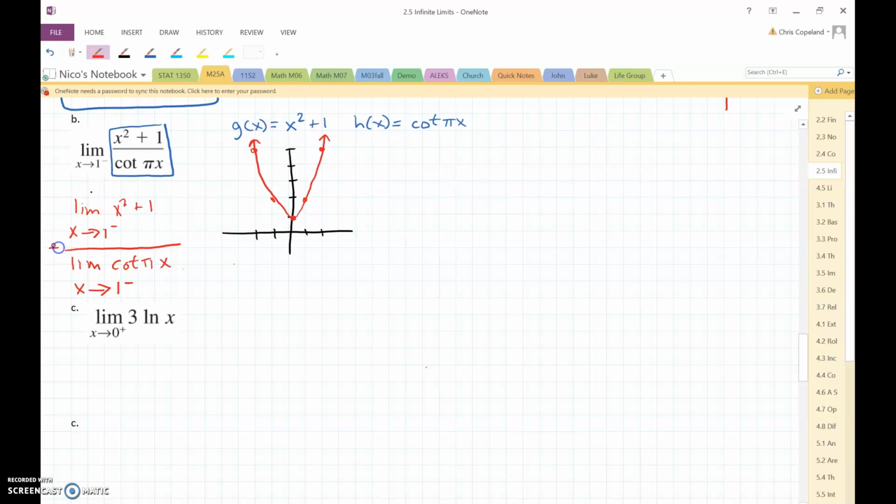Hopefully you can see how I decomposed this limit here, broke it apart, and how it's equivalent to the original limit. So the numerator, when I approach 1 from the left, that's going to be equal to